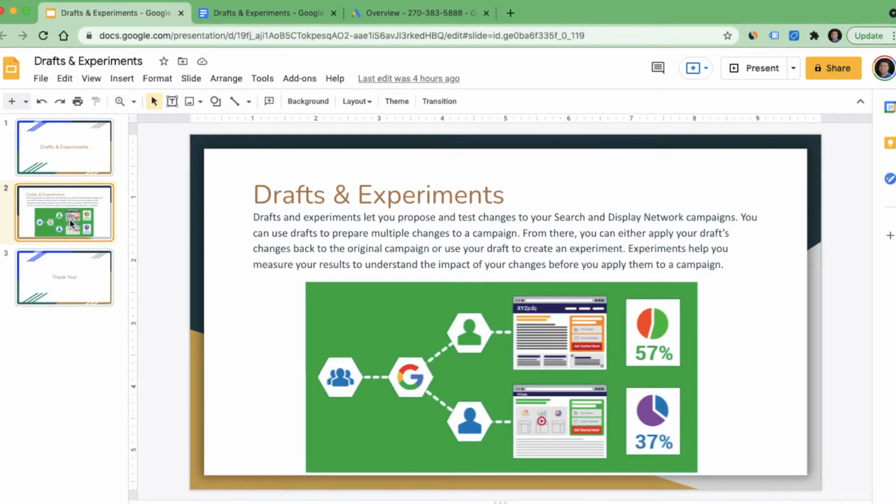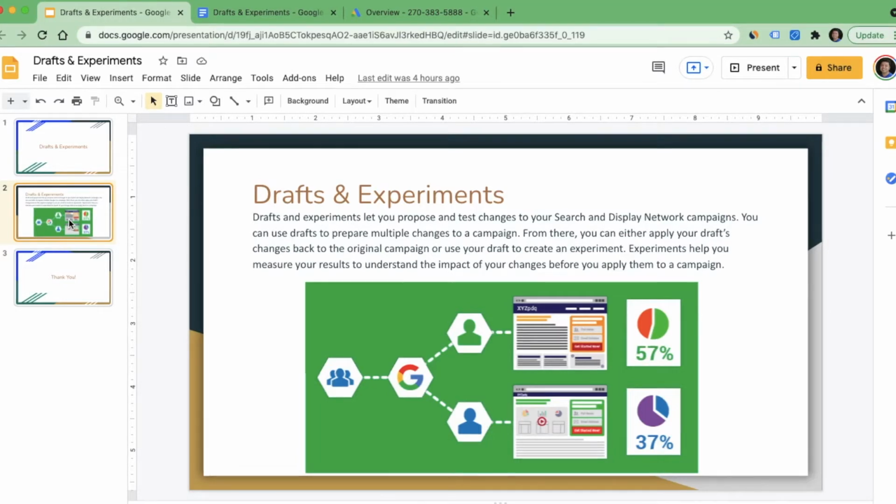With the help of this, you can do a lot of A/B testing. You can compare particular settings or different types of landing pages. You can also do A/B testing of ads over here with the help of this feature, which clearly shows you that if you plan to do any kind of new changes, how they are going to impact or improve your campaign's performance. So we will look at a couple of changes which we will do in the draft campaign, and then we'll see how to build this experiment campaign as well.